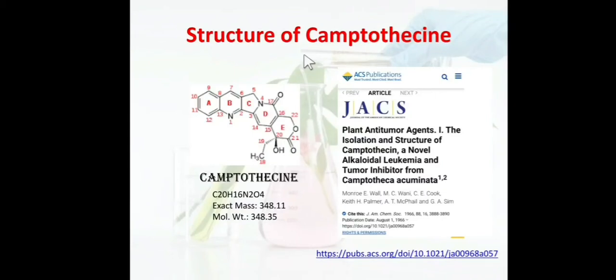Hello students, welcome back to our paper CHO 5401, that is Chemistry of Natural Products. In my last lecture, we discussed the importance of spectroscopic techniques for the identification of natural product structure. We discussed the case study of camptothecin, which is a novel anti-tumor agent for leukemia.